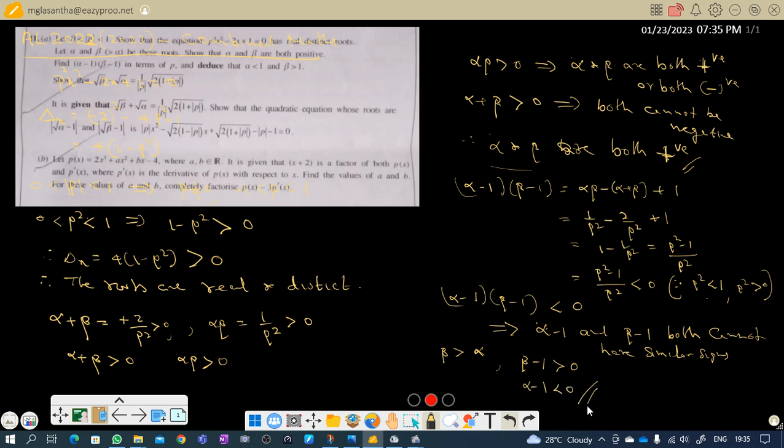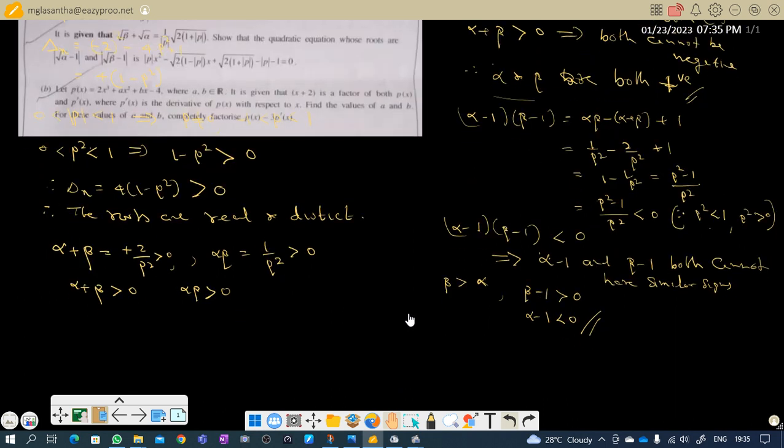Right? Like this, very easily you can determine that, because beta, the higher value, beta minus 1 is the bigger value. Right? So it should be positive. Therefore, the positive value should be beta minus 1. Right? Right. Next part,